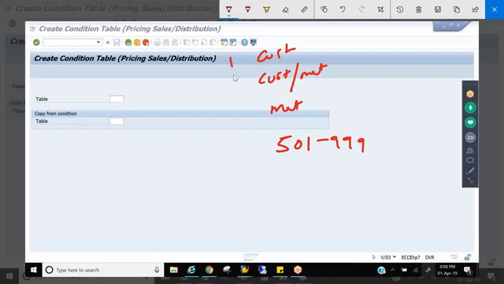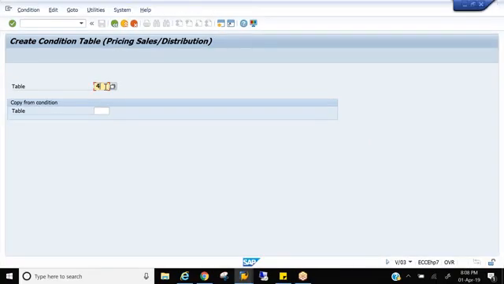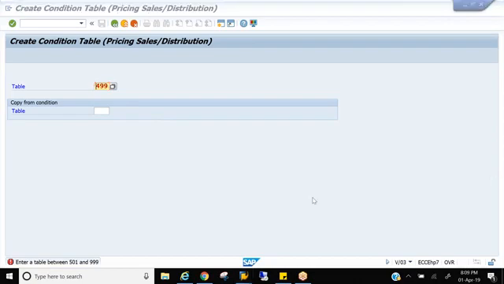Anything from 1 to 500 is SAP system reserved. SAP has already provided the tables with these combinations up to 500. Any new table to be generated should be only from 501 to 999. Let's see, if I put 499, the system throws an error saying enter a table between 501 and 999. So any user-defined table should be within this range.